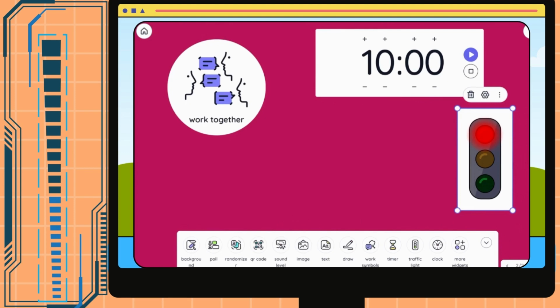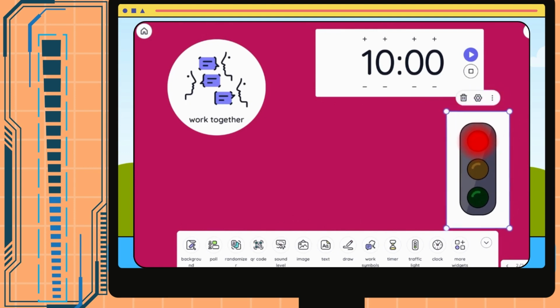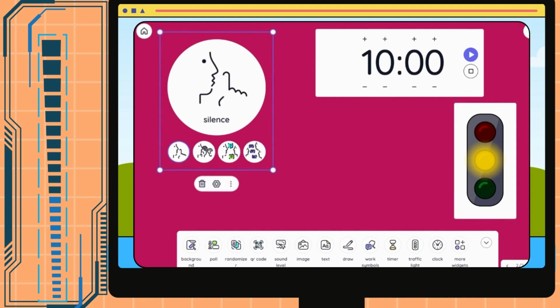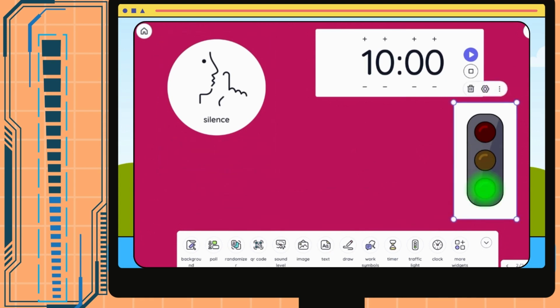Perhaps the red light already signifies that computers or mobile devices are to be closed. Perhaps the yellow light in our traffic light could mean that computers could be on the desk and are open, but the expectation is that no students will be speaking with one another, which could be set back over here with our silence visual. And of course the green light, which could also work in tandem